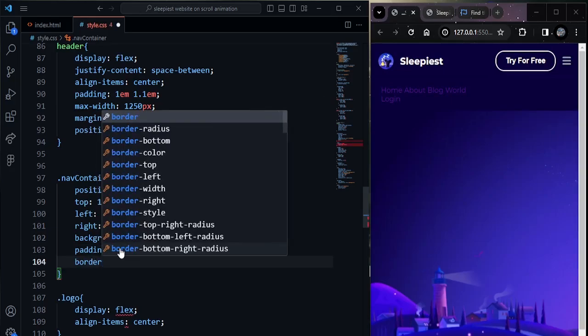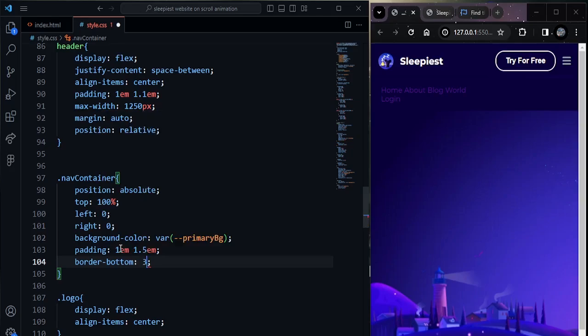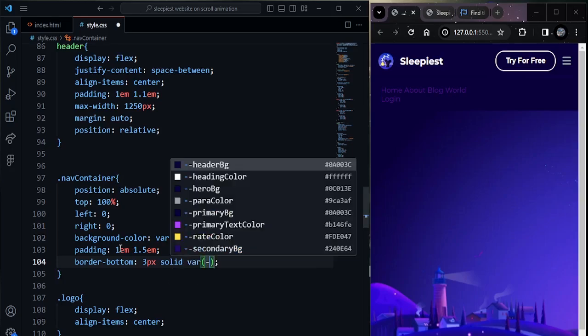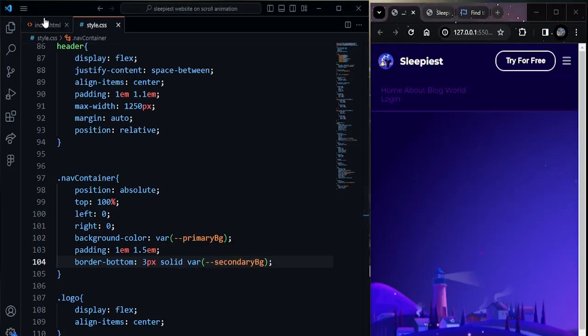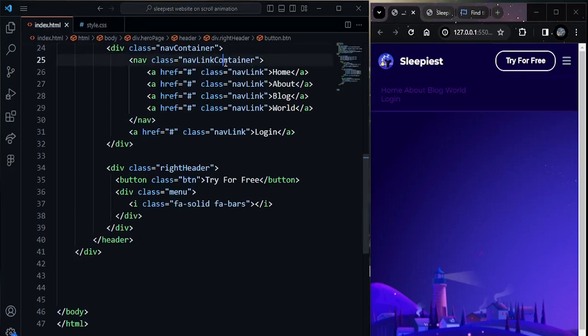I want to specify the border-bottom for this main nav container. 3 pixels is the width of the border, solid, and the color of this border will be secondary background, this one. For the nav link container,